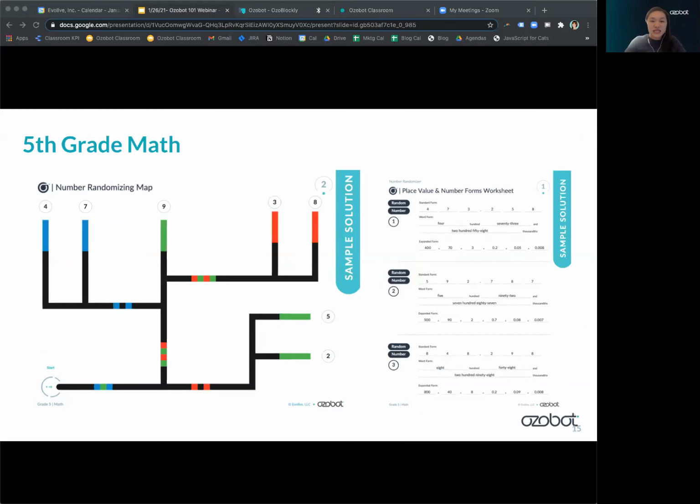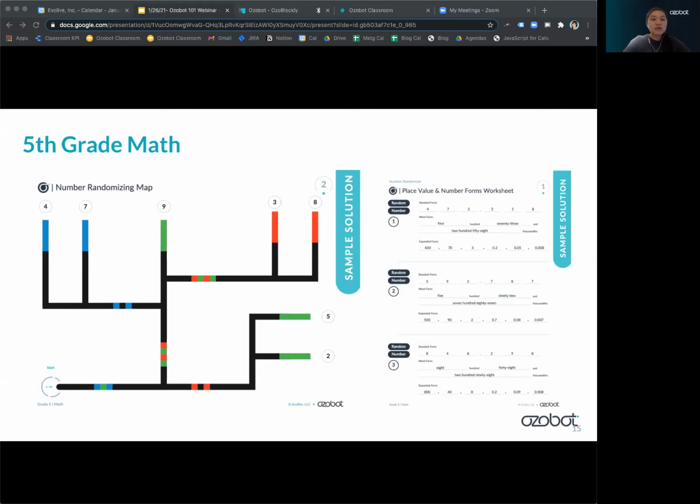So with this lesson, what the students are doing is they're choosing color codes for the robot's behavior. You can see right after the start, there is a turbo color code, which means the students can differentiate their ability level. If they want their bot to go faster because they know that they've mastered place value and this is just a fun extension opportunity for them, they can put turbo there and the bot will actually travel faster randomly to one of the digits that they've put in at the top in those bubbles.